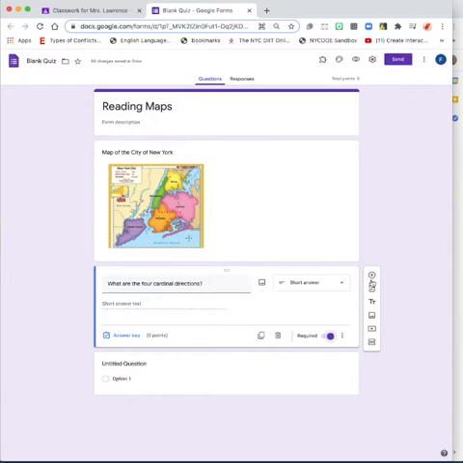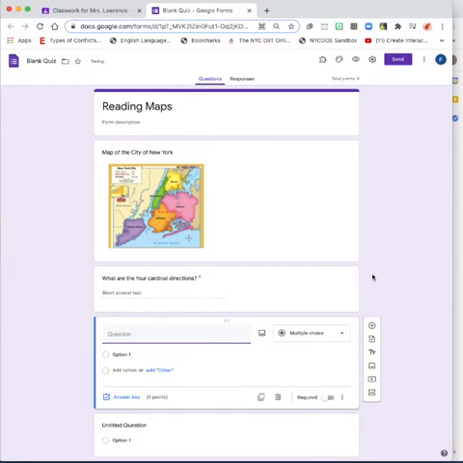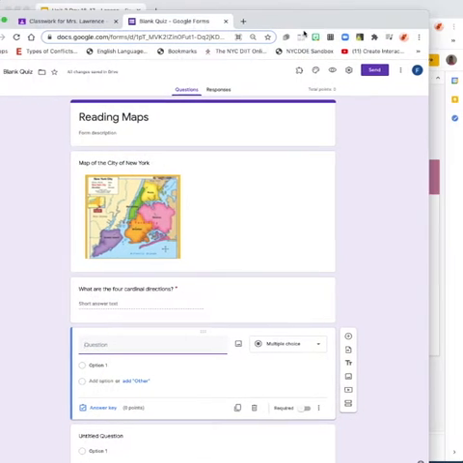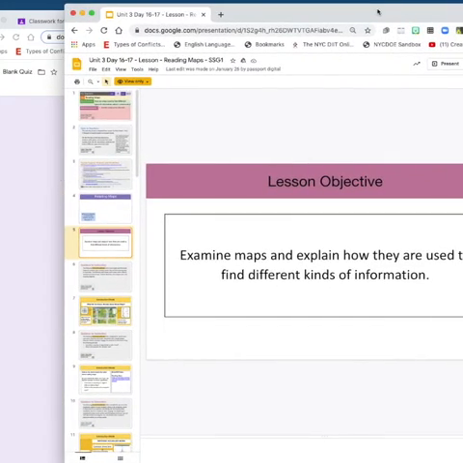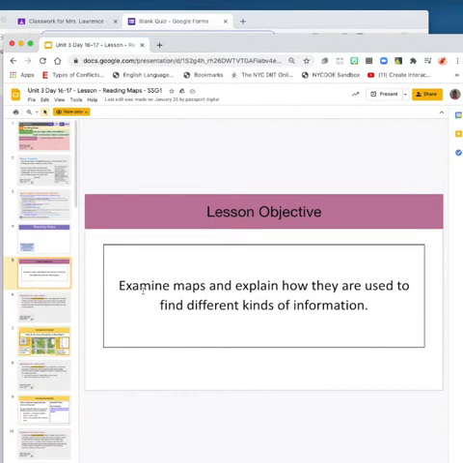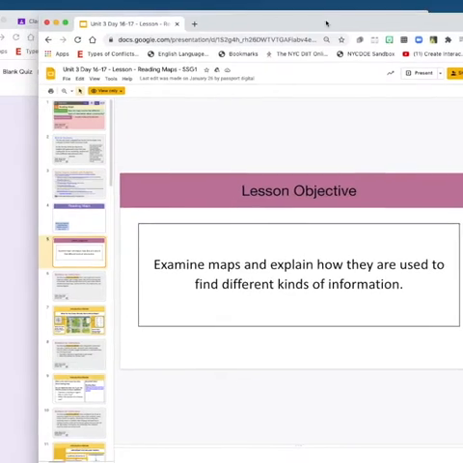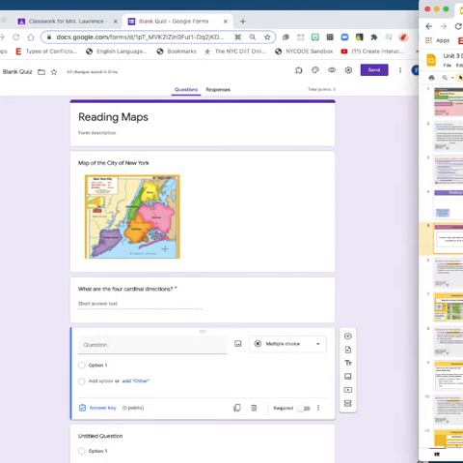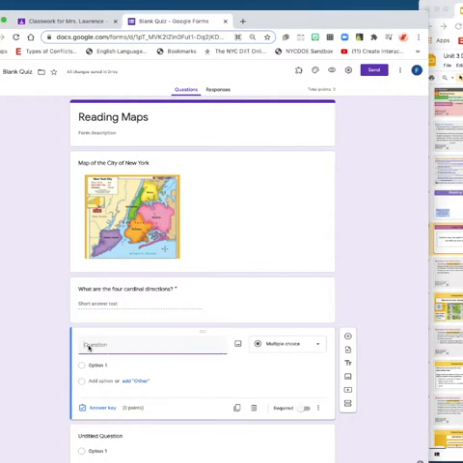Now I'm going to go to my second question. I'm going to click here, the plus sign right here, and it's going to open up another menu for me so I can generate another question. As I said previously, the lesson objective is the meat of your lesson. So I really want to keep on referring back to that so I can pull those verbs for my students to be able to use throughout my assessment. So I'm going to pull the verb here, examine, right? And we've taught students what that means, right? To look closely. So I'm going to use that very same vocabulary again. I'm going to say examine the above map